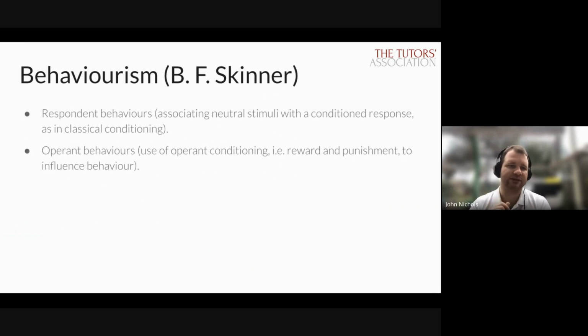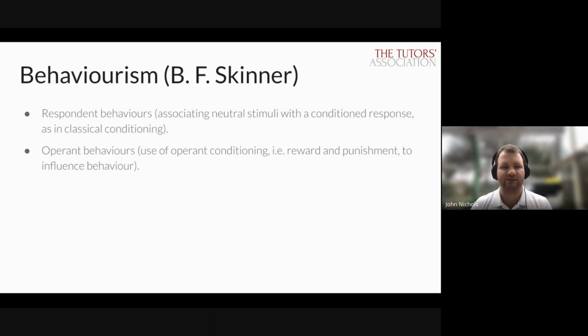The other aspect of this is operant conditioning, and this is what people have obviously known about for a long time. When I tell you about reward and punishment, obviously reward and punishment has been existent in human civilization for pretty much forever. But B.F. Skinner elaborated on it and explained it in psychological terms. Not necessarily for the first time, but he was one of the people to do it most extensively. So in a nutshell, this is about rewarding behaviors that you want, either by giving people things that they want or by taking away things they don't want, and punishing behaviors you don't want.